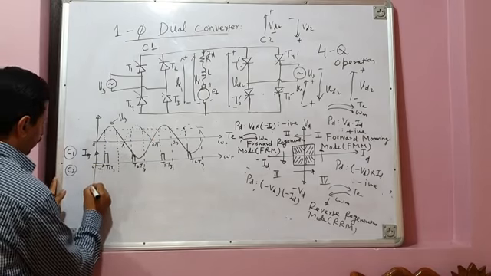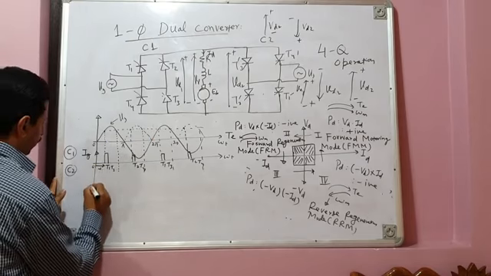And my load voltage is like this. Let me first of all complete the drawing of these positive and negative half cycles. Okay, fine. Now, converter C1 is operating in the rectification mode. This is the firing pulse during the positive half cycle of source voltage to this pair of devices. I will take it down.